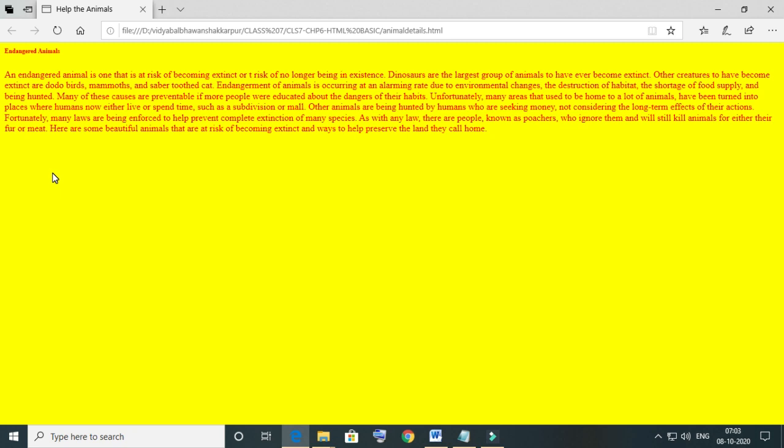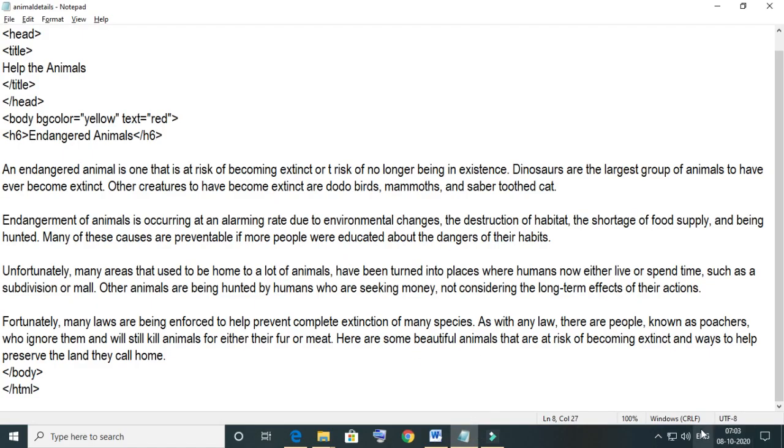Now come to paragraphs. So here in the web page, just define the paragraphs, and for paragraph we basically use opening p tag and closing p tag.